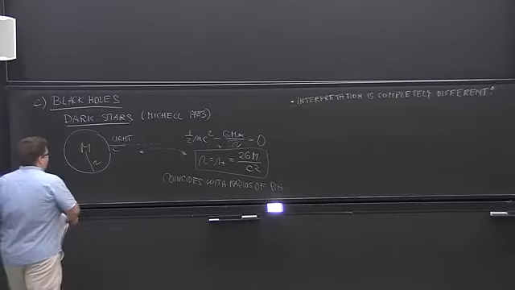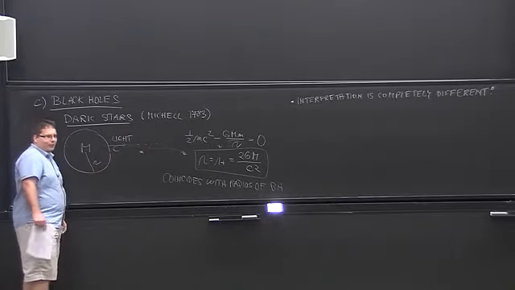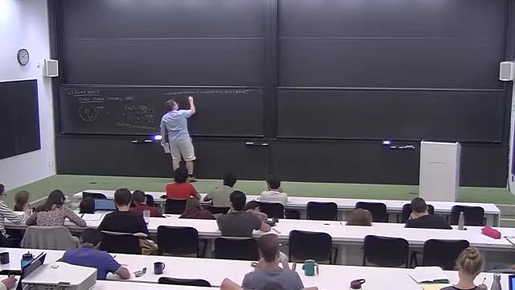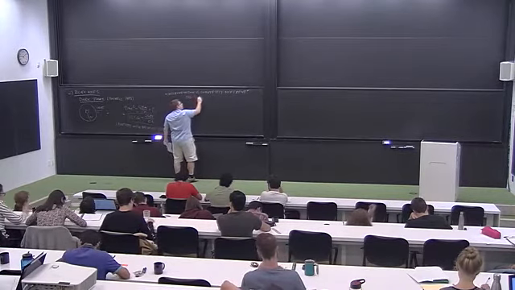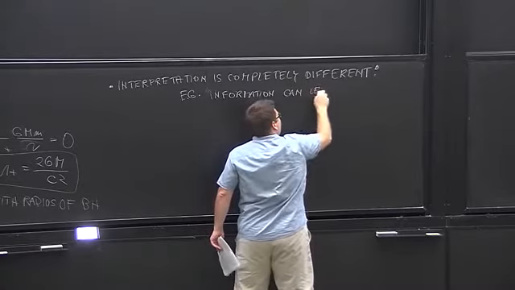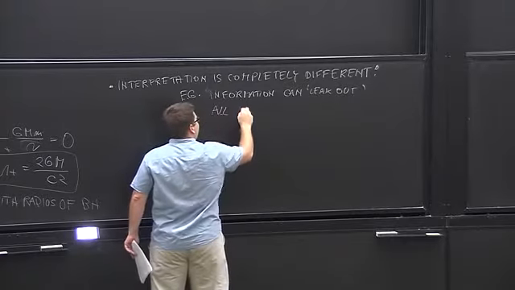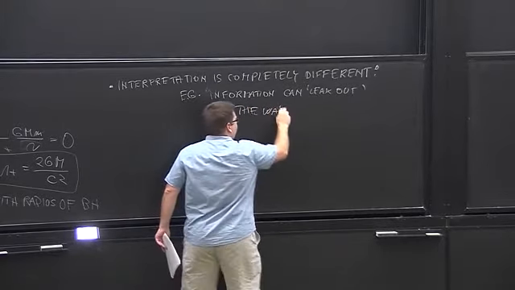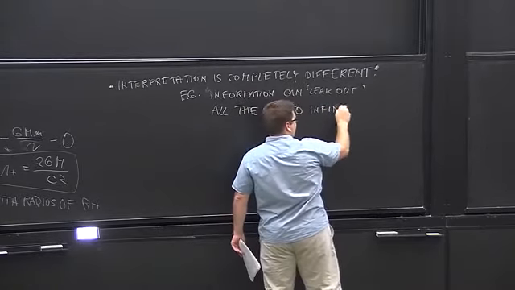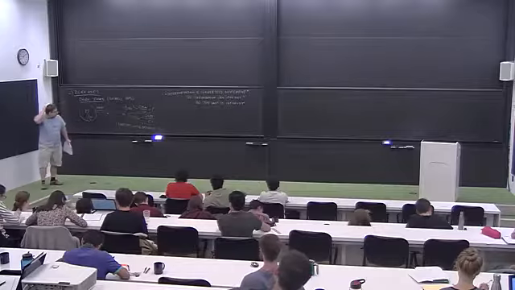Okay, so that's not the case with the black hole because, as I said, nothing really escapes from the horizon, so nothing leaves from that radius. All right, so for example, information can leak out all the way to infinity, with the help of your friendly buddies or whatever. Okay, so that's not what happens in the black hole case.